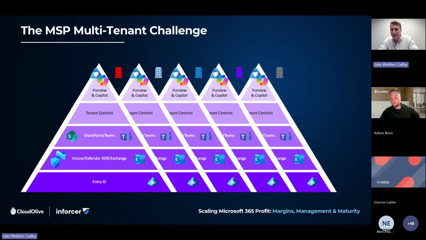But look, it's all well and good me sat here saying use more of the Microsoft stack, but we know it's not easy. They don't make managing their technology easy in any way, shape, or form. You think about just managing Entra ID and then Intune and then SharePoint and Teams, and then the whole security suite around Purview and Defender across one environment is hard enough. Now, most MSPs that we work with are supporting around 70 different M365 environments. Doing that at scale becomes a huge challenge.